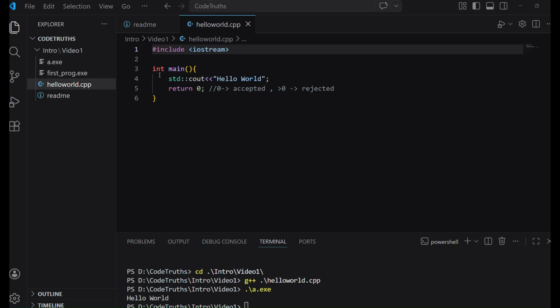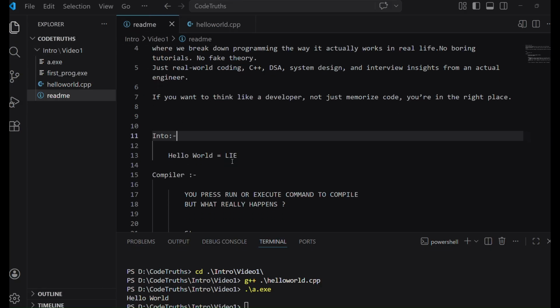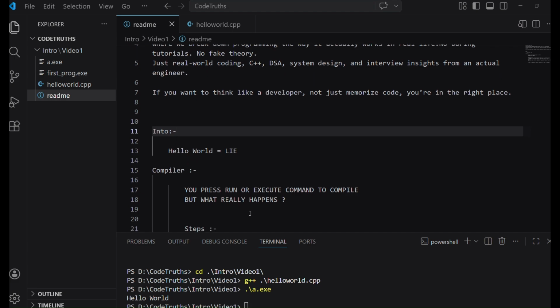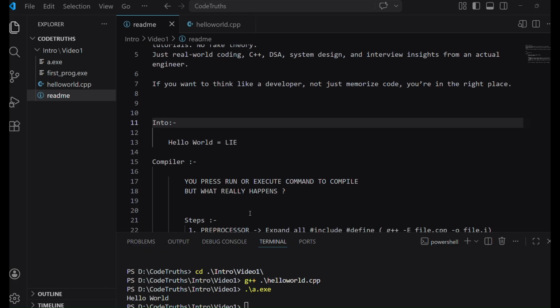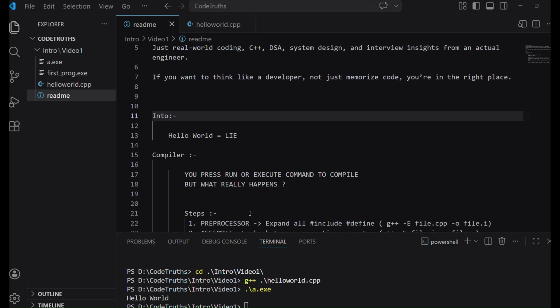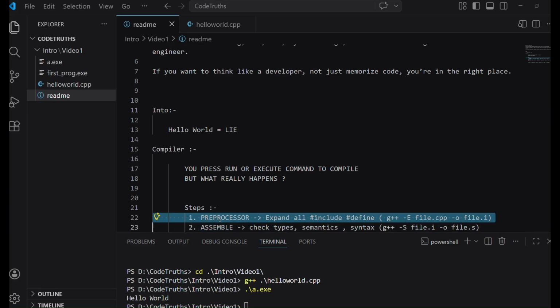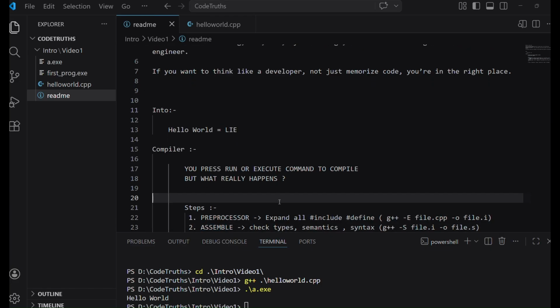So I'll explain it to you step by step. Whenever you press the execute command to compile, what actually happens behind the scenes? There are a few steps. I'm explaining the first step here. The first step is the preprocessor. It expands every include statement and every define statement into your file.